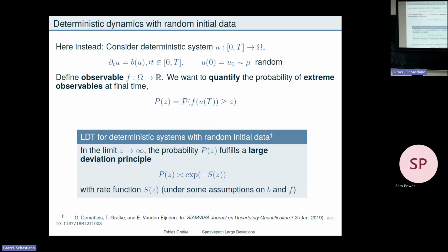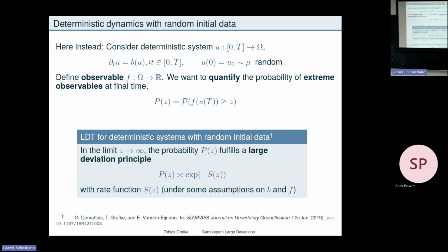The only thing that's random is the initial condition. I draw a random initial condition out of a known distribution, and then I'm asking, what's the probability at the final time to exceed the threshold? So it's very different in nature in that I no longer have a stochastic differential equation, and I'm asking for a probability of hitting a set. I have a deterministic evolution equation. I have a random initial condition, and I map the random initial conditions through my dynamical system to the final point, and I ask, what's the probability of exceeding the threshold? So in some sense, this is a large deviation theory for deterministic systems, but with random initial data.